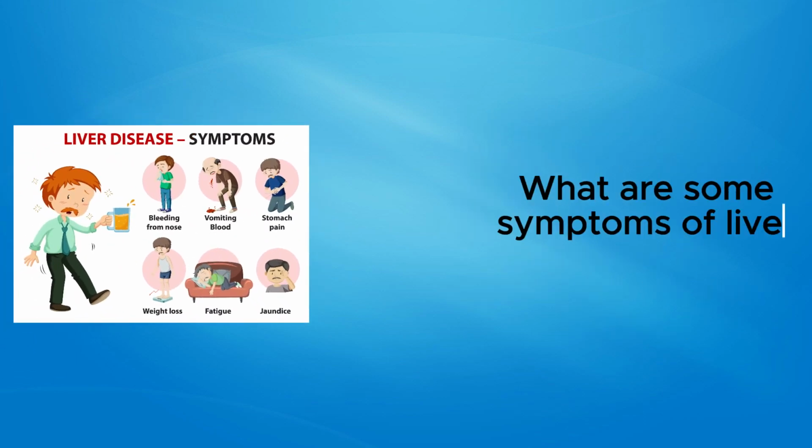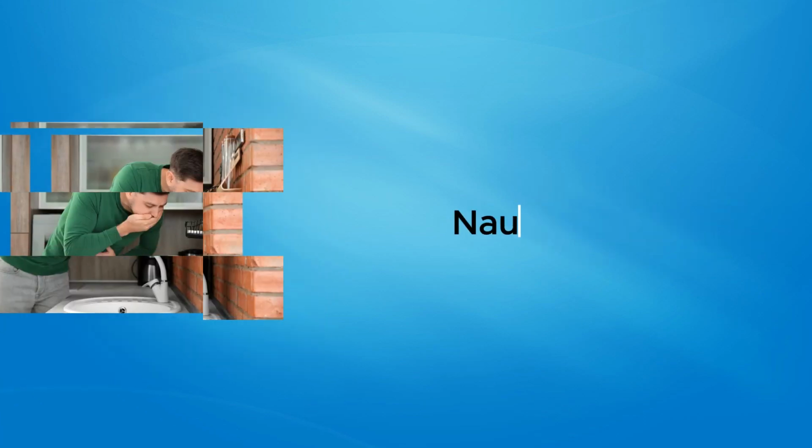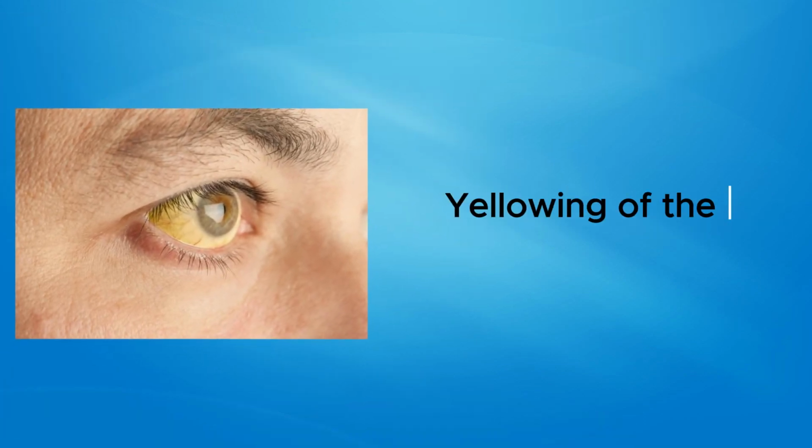What are some symptoms of liver damage? Abdominal pain or tenderness, dark urine, nausea or vomiting, unexplained weight loss, yellowing of the skin and eyes,